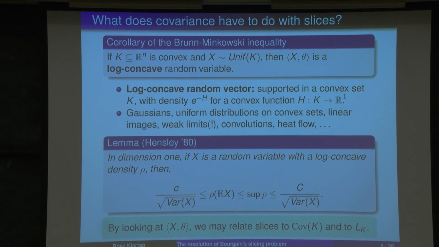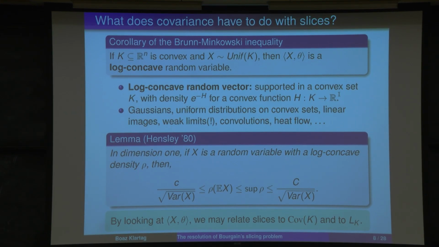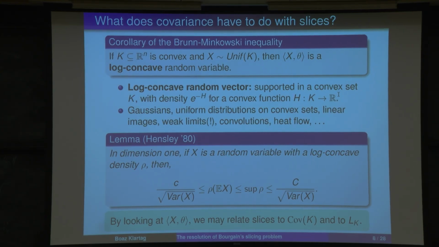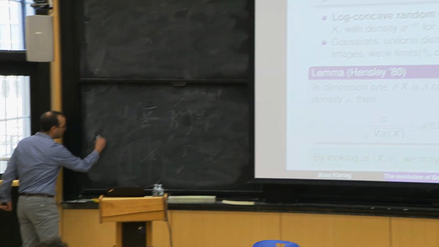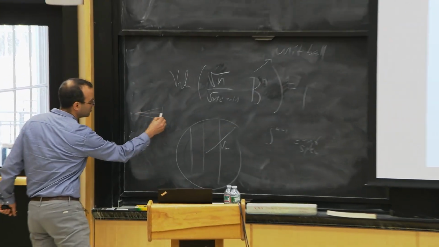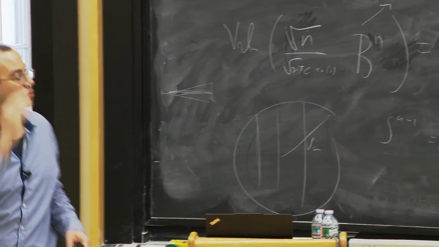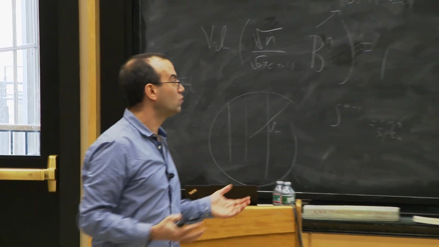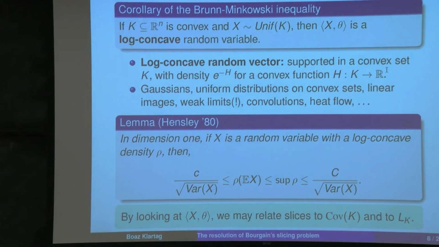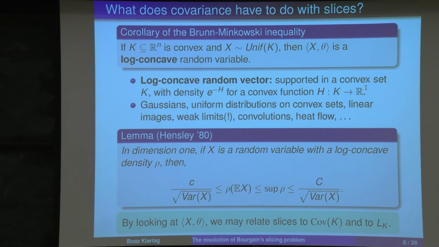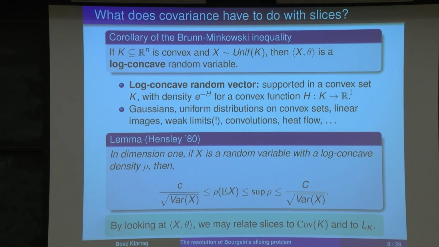So if X is a log concave random vector, a linear image is again log concave. Weak limits too: if you have uniform measures on convex sets that become more and more thin and degenerate to something on a lower dimensional space, it is still log concave. If you convolve two log concave measures, it's still log concave. Heat flow, and many other things preserve log concavity. Moreover, Hensley has a lemma showing that in dimension 1,